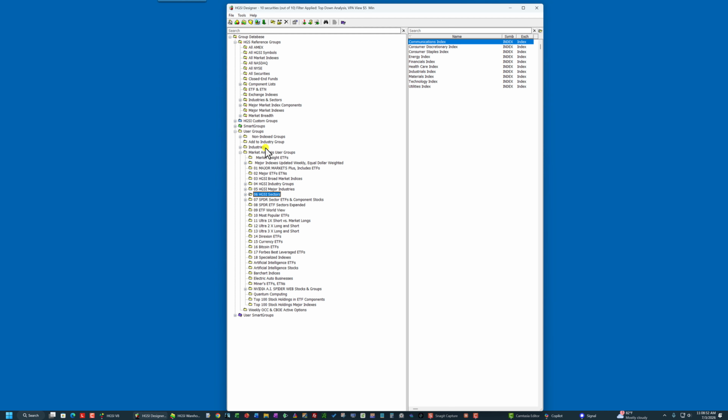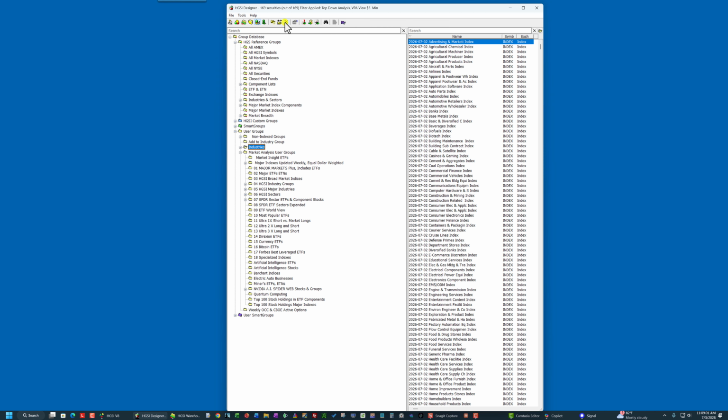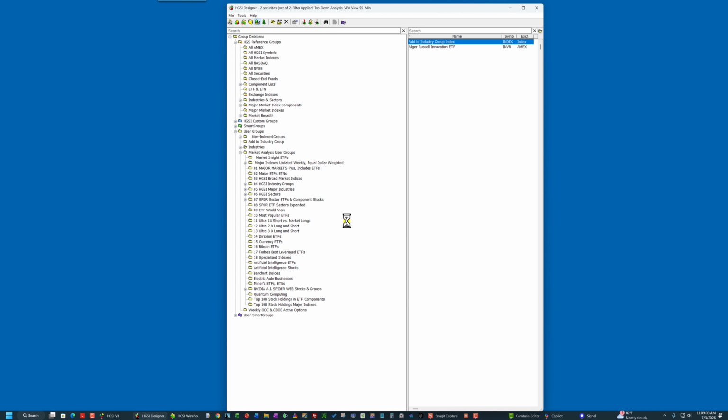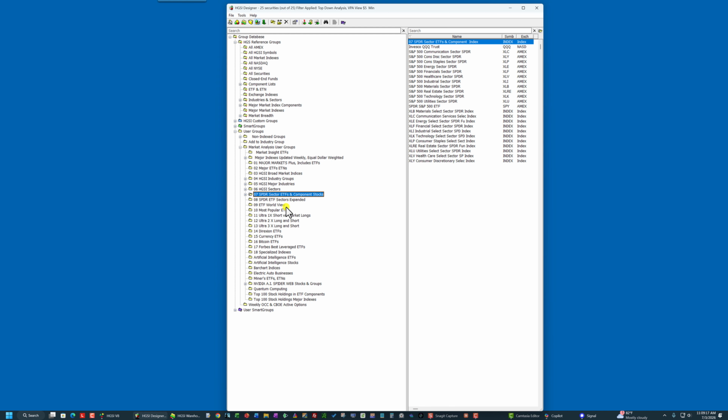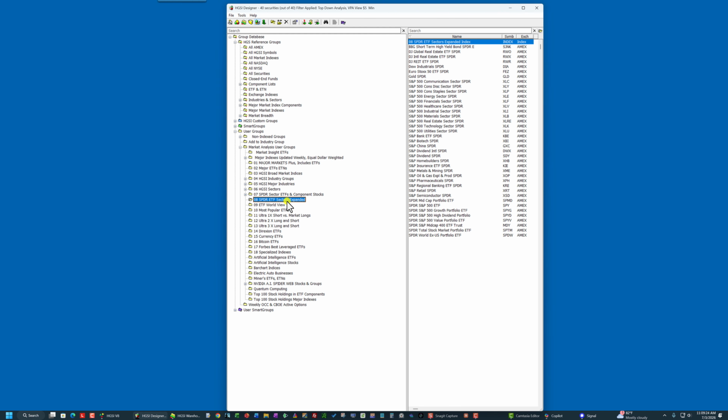Now, I obviously don't need that group that I created, so I'm just going to delete it. And it's gone. Okay, I may have changed a few things down here. Pretty minor stuff. These are sector ETFs and component stocks. Sectors expanded. Spider ETF sectors expanded. These are world